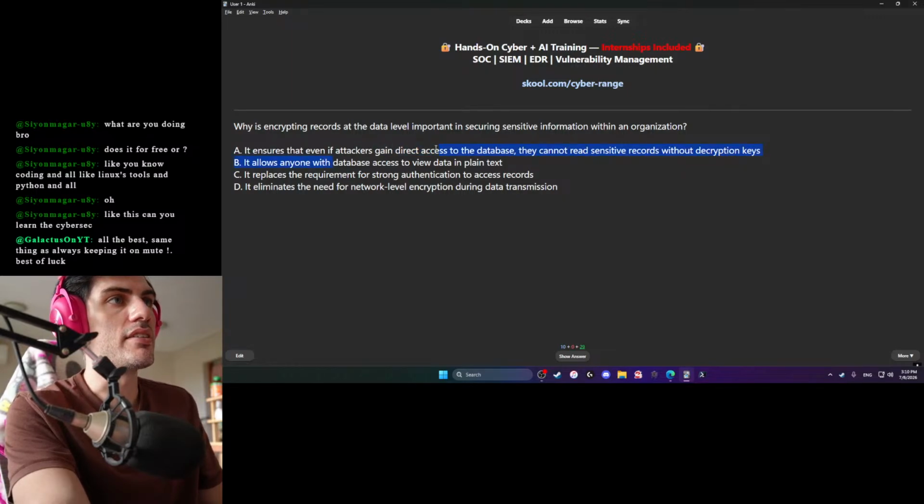Even if attackers gain direct access to the database, they cannot read sensitive records without decryption keys. A.